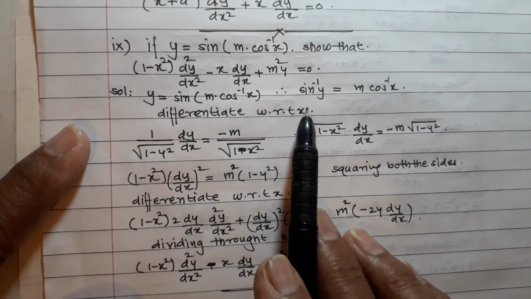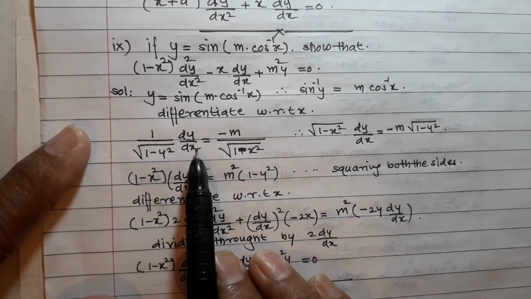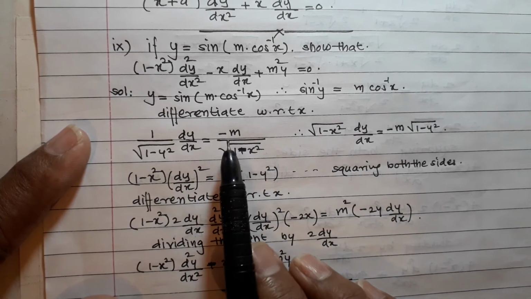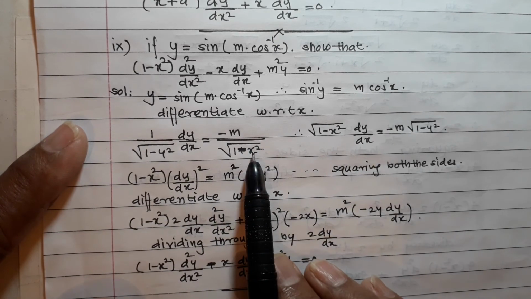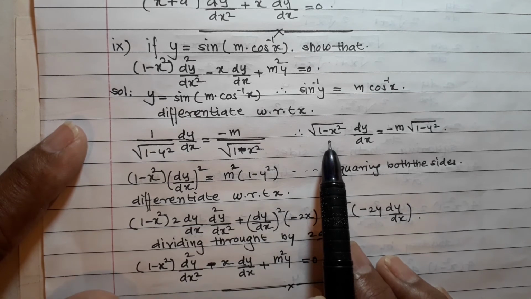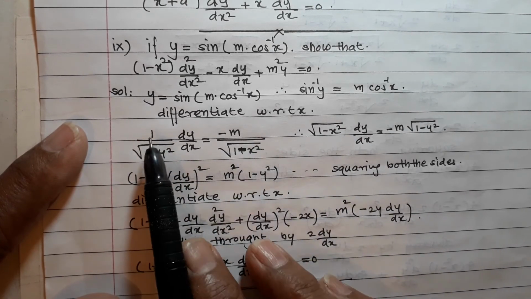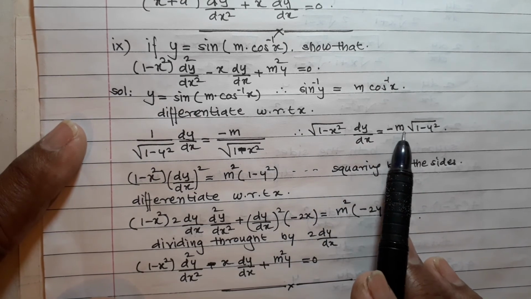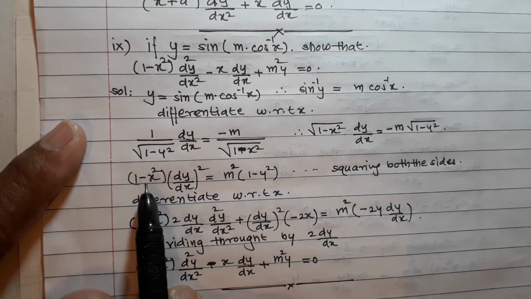Differentiate this with respect to x, derivative of this 1 upon root 1 minus y square dy dx is equal to minus m upon root 1 minus x square. So this is derivative of cos inverse, and therefore, this you bring here, this you bring here, so root 1 minus x square dy dx is equal to minus m root 1 minus y square. So 1 minus x square